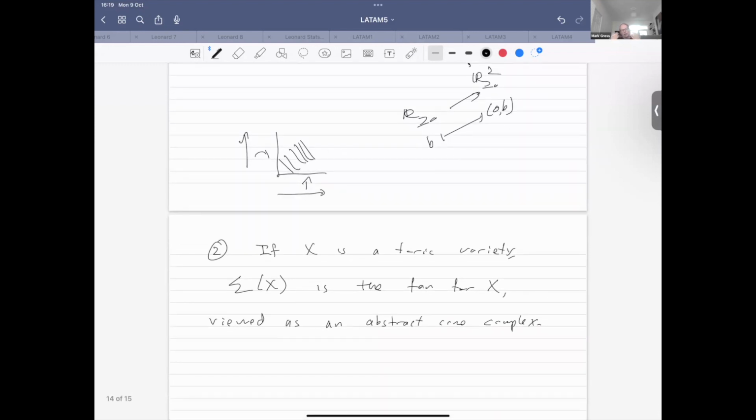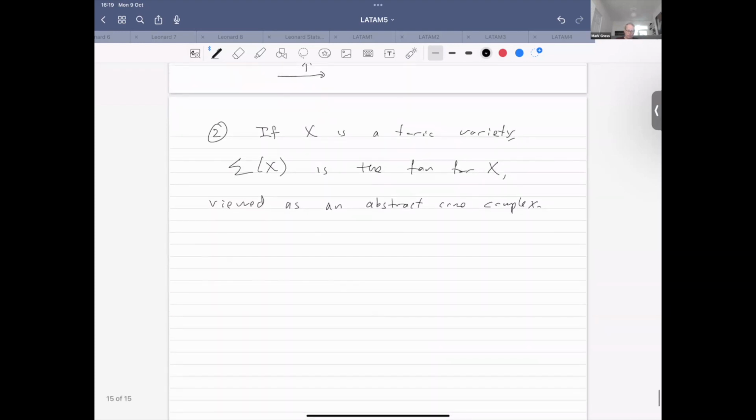So this is as when I was talking about, remember I defined this BP last time associated to a pair XD. This is exactly the same thing. It's an abstract cone complex. Okay, so finally, let's think about what happens